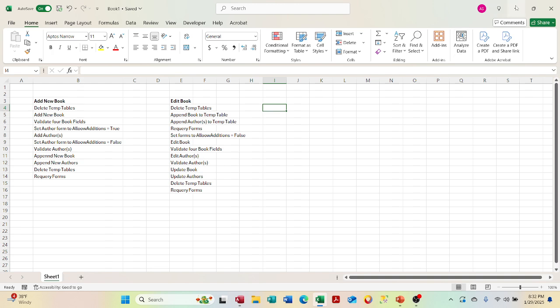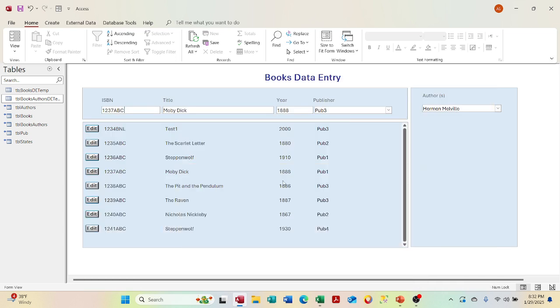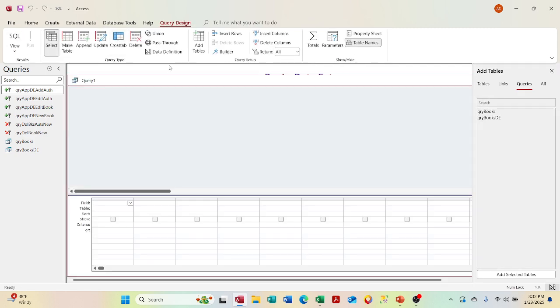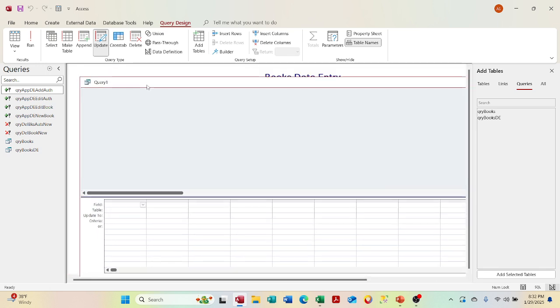We need to update queries here. Okay. And this is where we got to create an update query. And it's a unique query, but it's a nice one. So let's create a query design, and we're going to do an update query. And what we're going to do here, importantly, whenever you're doing an update query, is take a temp table, bring it in, and we have to, well, we should,